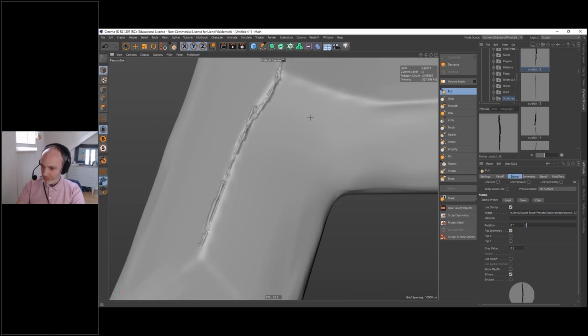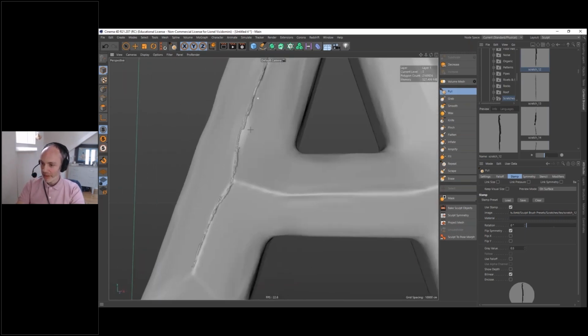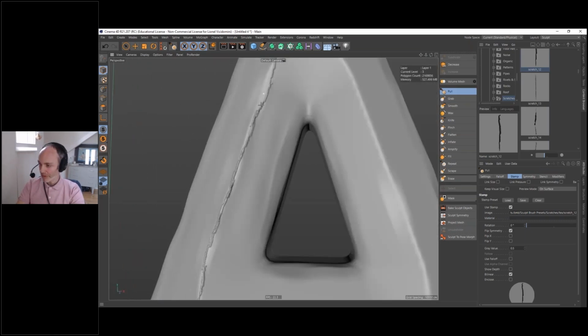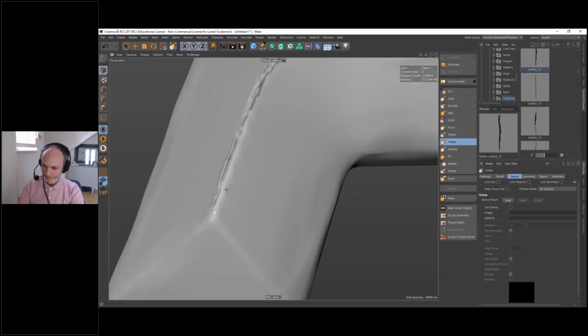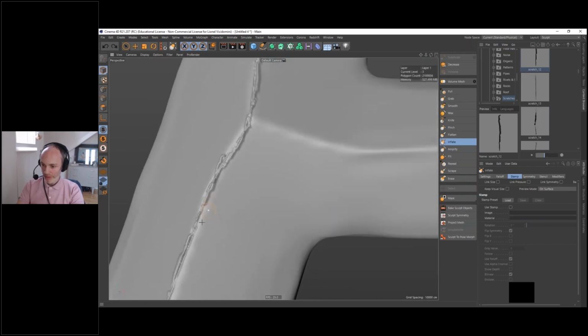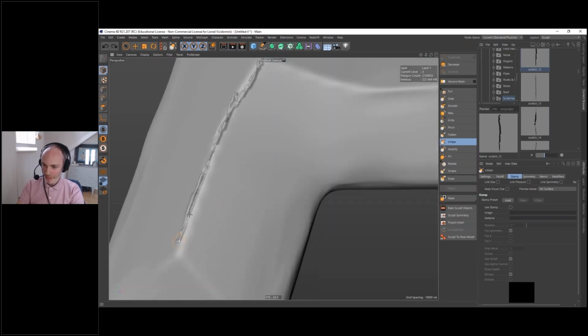Okay, so I recreated my stuff here, and we're going to transform it into real welding by using the inflate tool. The inflate tool is going to inflate everything, obviously. I'll reduce the size and the intensity of the brush, and you see, that's my welding. A bit too strong here.